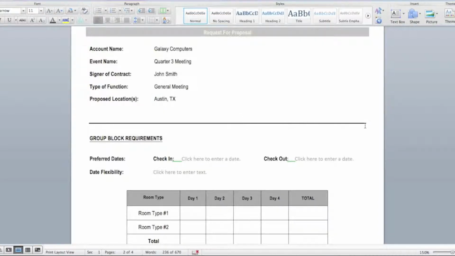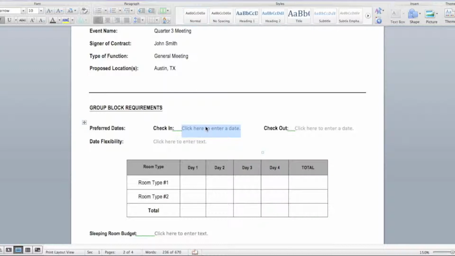Okay, simple enough. Group block requirements, we're going to put the check-in date, which is October 1st. If you remember, it's a 2-day meeting. They will be checking out on Thursday the 3rd. Okay. There's no date flexibility for Galaxy Computers, so we'll just put no. Very simple meeting. It's mostly just going to be the investors and staff themselves. They're not going to be bringing or sharing any rooms with anybody. So we can put a king room type, and then